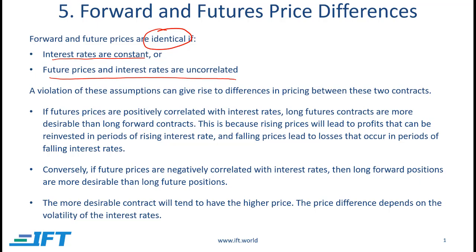However, if there is a violation of these assumptions, which means either the interest rates are changing or the future prices are correlated to interest rates, then there will be differences in the forward and future prices. Now, the correlation between future prices and interest rates can be positive or negative. If it is positive, which means when interest rates go up, the future prices go up. If that is the situation,